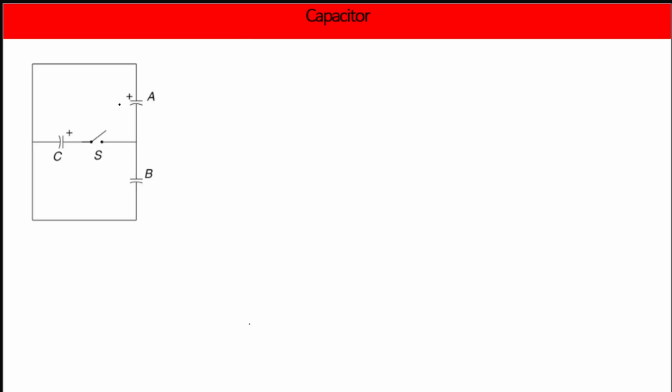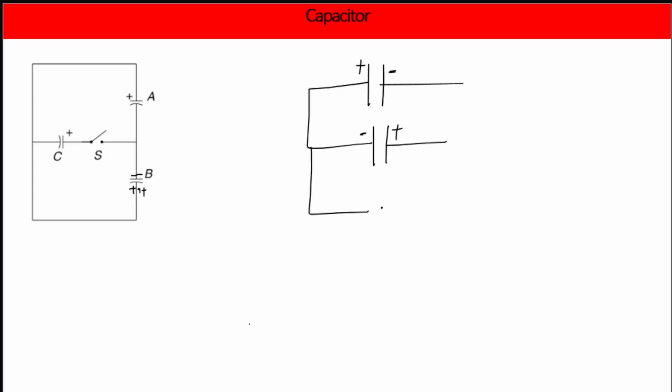तो चलो एक काम करते हैं carefully. This one was negative, right? This one is positive. So carefully इसको redraw करते हैं. So I'm going to write here A, and this plate is positive, this one is negative. Then I'm going to write here C, this plate is positive, this one is negative. And then I'm going to draw the B with this plate being positive and this one being negative. Okay, so this is this. Initially the switch is open, so there will be a break in the circuit over here.